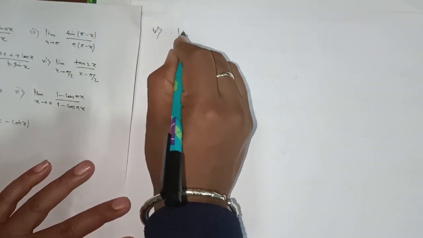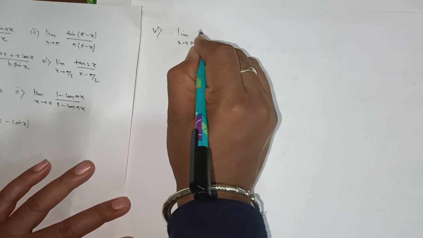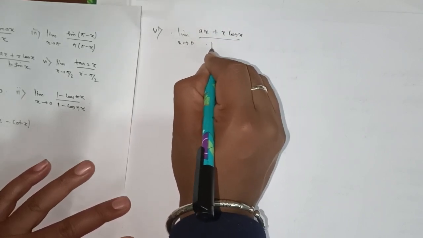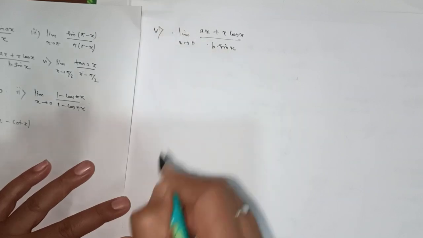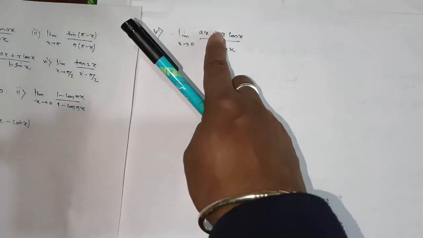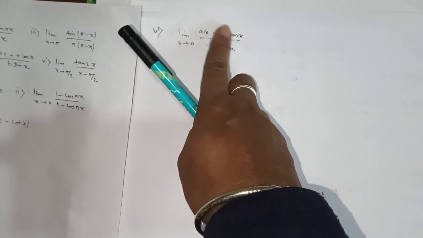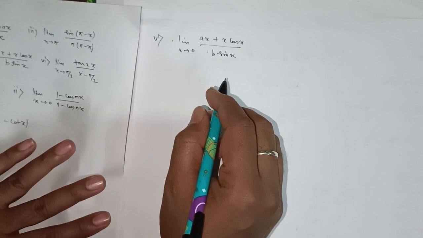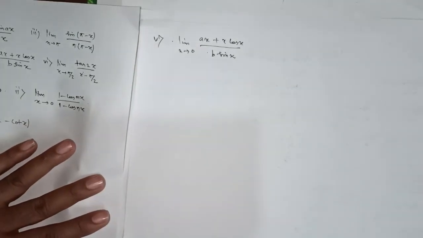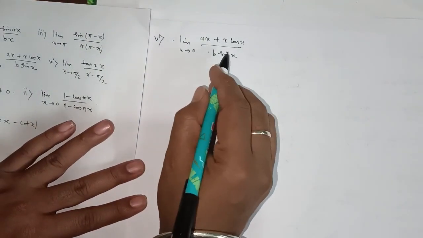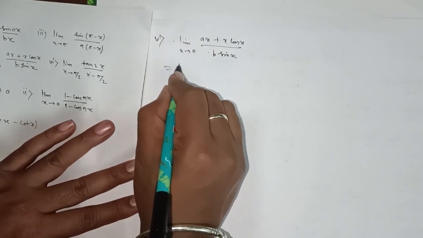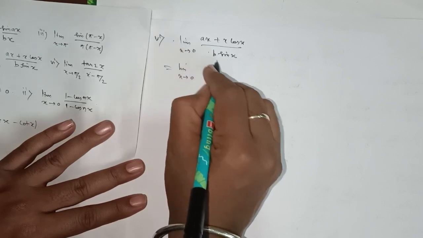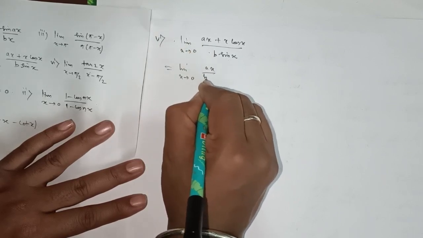So limit as x tends to 0 of (ax plus x cos x) divided by b sin x. So how are you going to do it? This is the numerator part, this is the denominator part. The quotient rule will apply here. If we apply the quotient rule directly, it is quite hectic. It's better to split it here. So first we'll split: limit x tends to 0, ax by b sin x